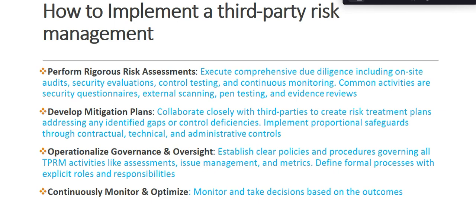So then development and mitigation strategies will be done. They will sit ahead with the third parties and tell them that we have identified these control deficiencies or gaps during our assessment, and you need to improve this for you to be onboarded by us. They will explain their own framework and say these need to be followed. Here basically pre-contract negotiation is done, and once everything is okay, they will go for the contract